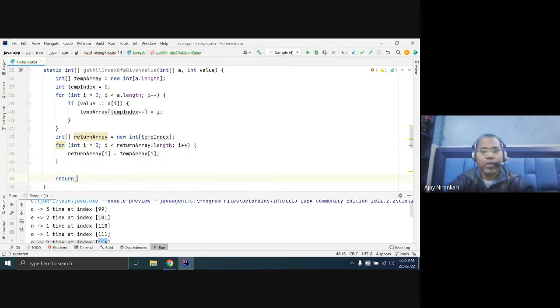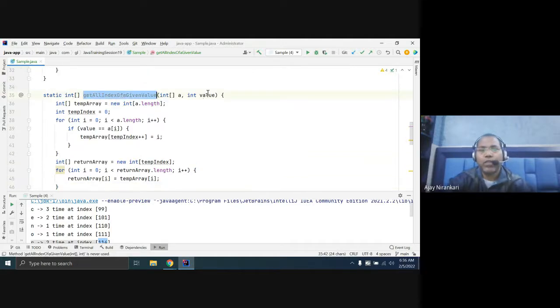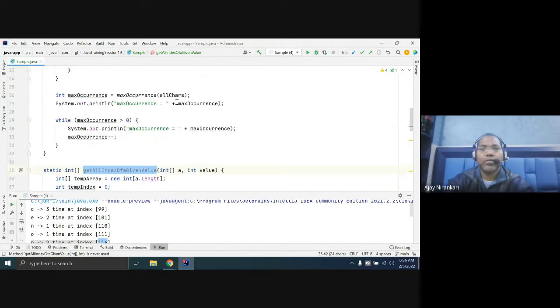So here you return your returns array. So here what you are doing, I pass in this one value, and they return me all the indexes of the given value. So let's try and check.